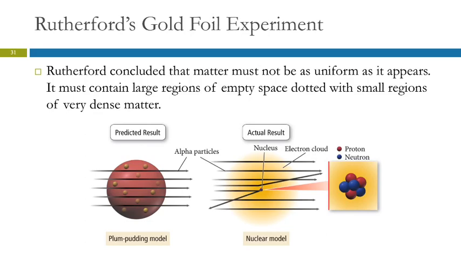How could that happen? So Rutherford concluded that there must be a small, very massive area within the atom, and the rest of it's empty space. And so we now know that this is the nucleus, and that's where the protons and neutrons are in the atom, and the electrons are out here. And so this area is mostly empty space, and inside the nucleus, which is incredibly dense, that's where most of